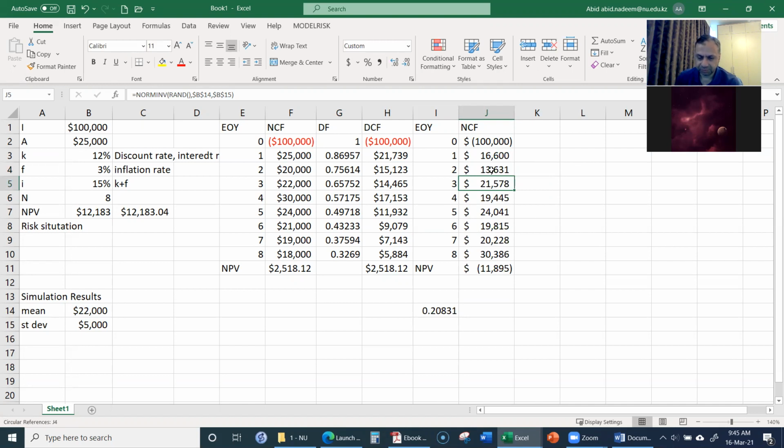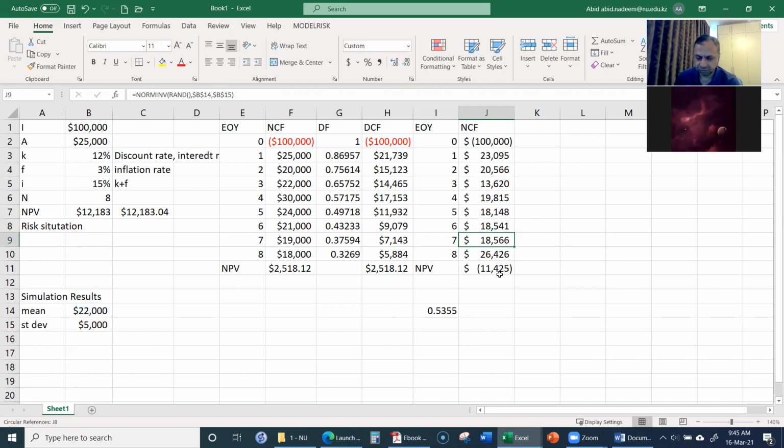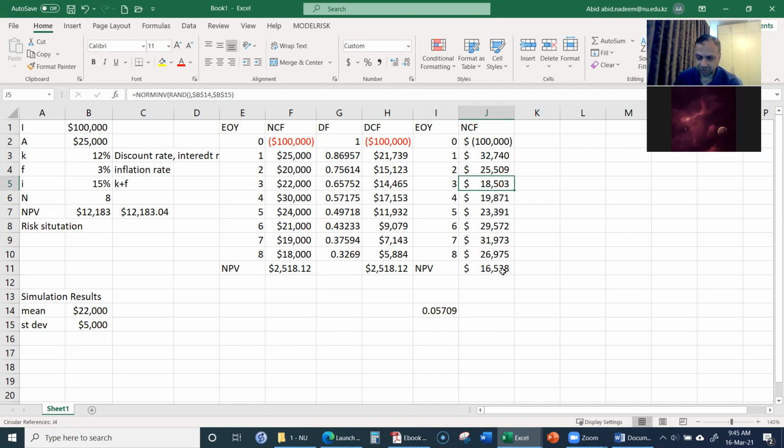0.208, now it's minus 11,895. Now it's minus 11,425. Now it's $16,538. So this randomly distributed data we are generating,